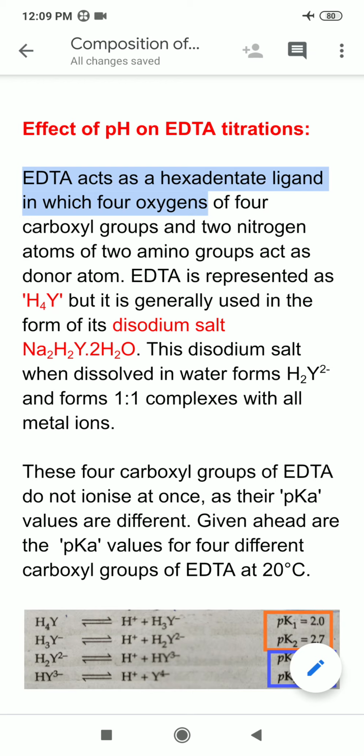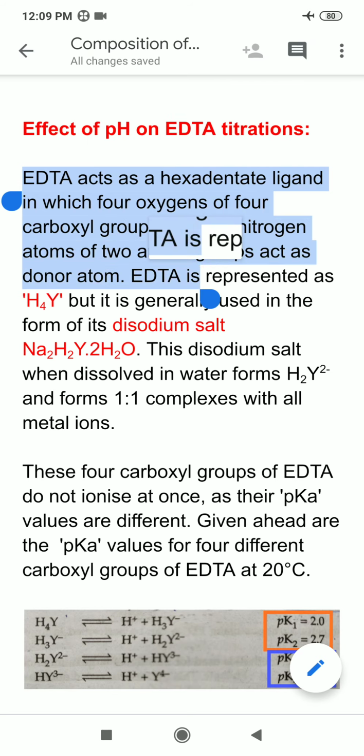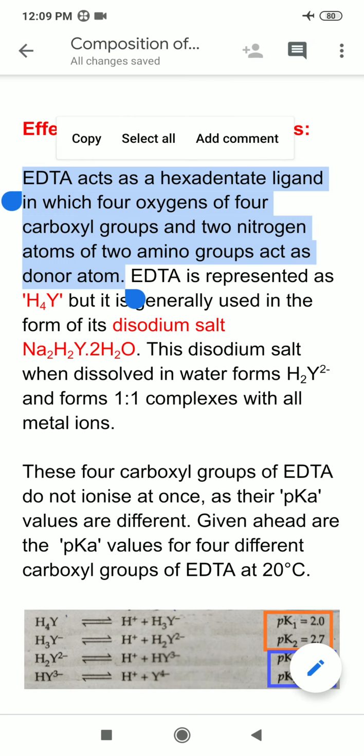in which 4 oxygen atoms of 4 carboxyl groups and 2 nitrogen atoms of 2 amino groups act as donor atoms. So it means overall it is having 6 donor atoms, 4 oxygen atoms and 2 nitrogen atoms. So it is a hexadentate ligand, and